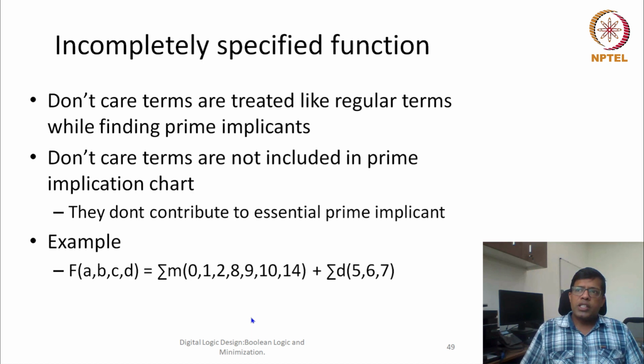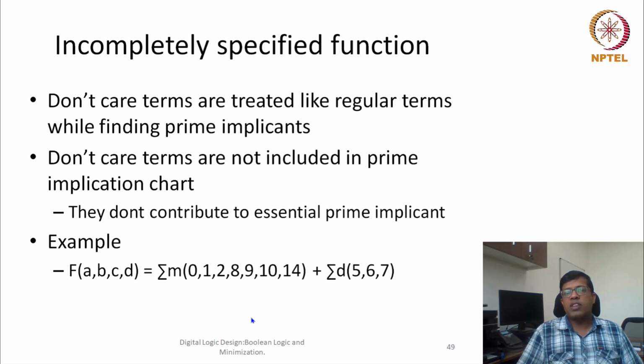In case of don't care conditions, you see that in the QM method there are two phases. In the first phase, we try to find all the prime implicants. In the second phase, we are covering all the min terms. So in case of an incompletely specified function, in the first phase there is no difference. We treat all the don't care conditions as regular min terms, but in the second phase,